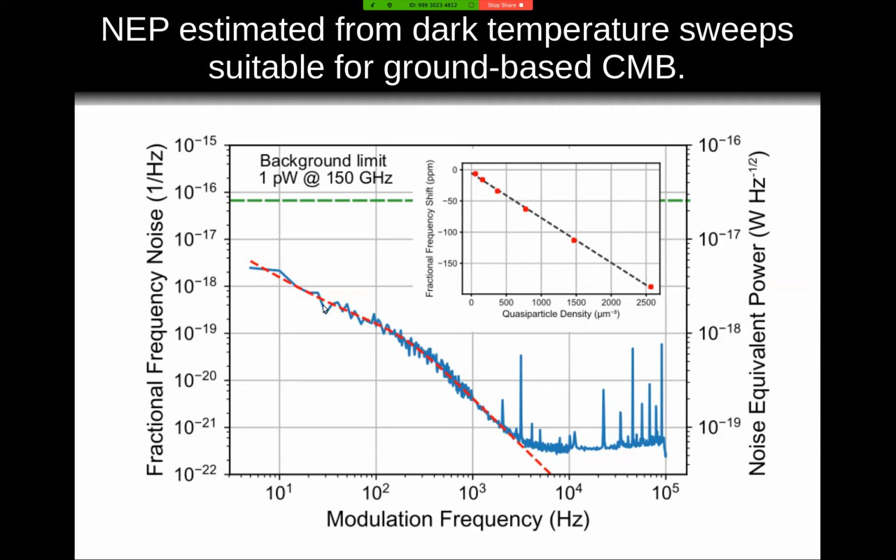But the colored lines, the red and blue, are the power spectrum that we measure for devices in the lab. And then the bright green at the top is what you would expect based on photon noise, the statistics of individual photons hitting the detector for a very, very good site in the CMB. So despite the fact that we have this really ugly looking 1/f noise, we're still pretty good compared to what